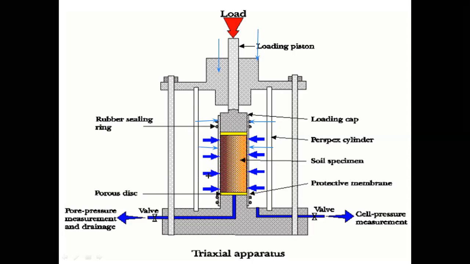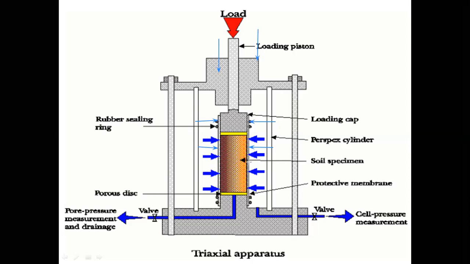And next, the lateral forces are provided by means of hydraulic operated fluid, so that it's a kind of confined one. See here, the rubber membrane is needed because this specimen might contain some porous material. If I directly place it without enclosing it in a rubber membrane, most of the fluid will be absorbed by it or flow through this rock specimen, which is not a desired property. So in order to overcome that, the specimen is placed inside a rubber membrane.